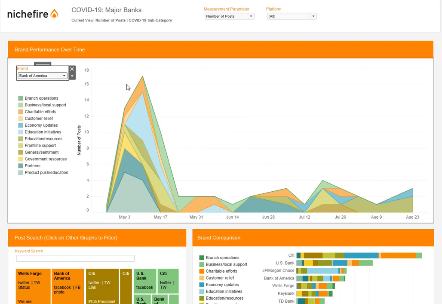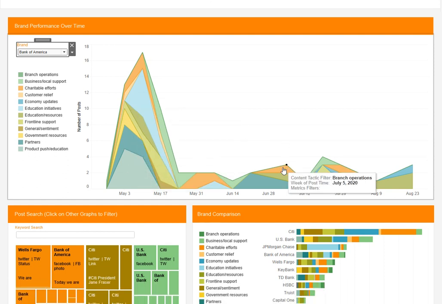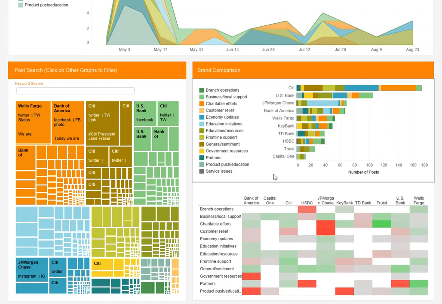It has a relationship with how it occurred in the media, maybe slightly less towards this end because there's a lot of other topics going on here. But you're able to see the activity of each of these and see where their efforts are focused. And then if we go down here, we can compare that among all these different brands.